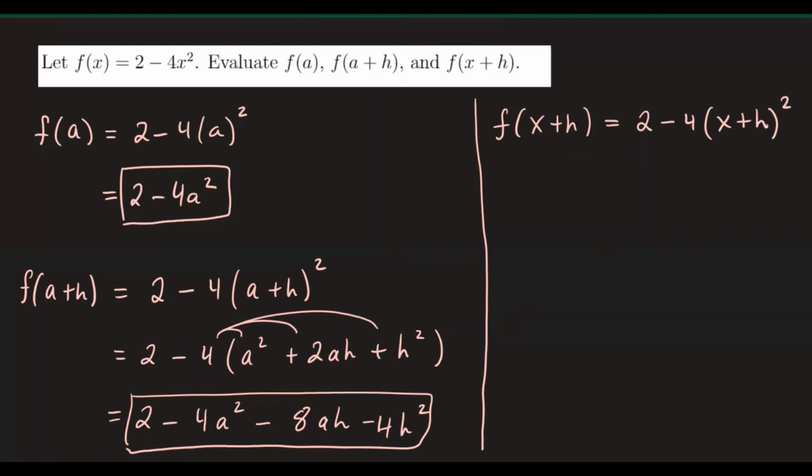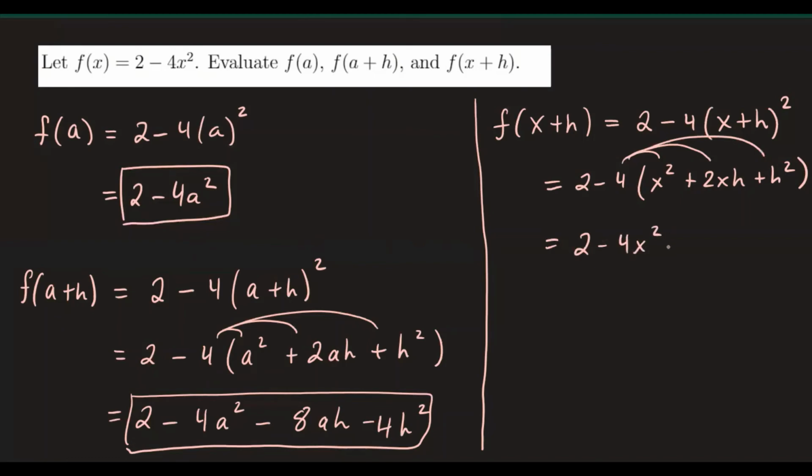Now again, you're going to expand it just like we did for the previous part and combine like terms. So we have 2 minus 4 times x squared plus 2xh plus h squared. Now we can distribute negative 4. So that will give us 2 minus 4x squared minus 8xh minus 4h squared. And again, you can see there are no like terms, so we'll claim that to be our final result for the expression f of x plus h. All right,